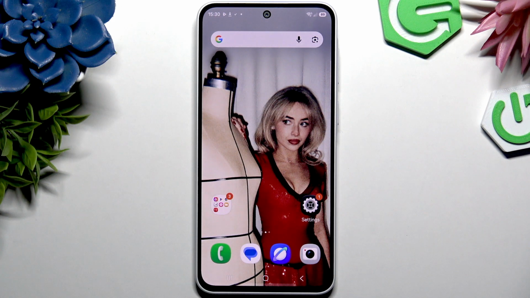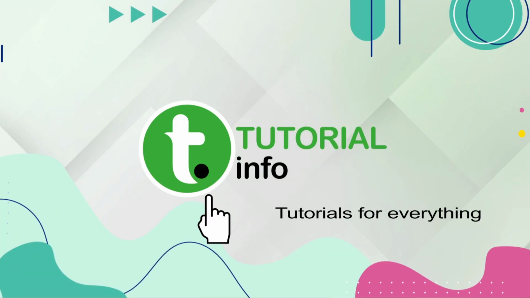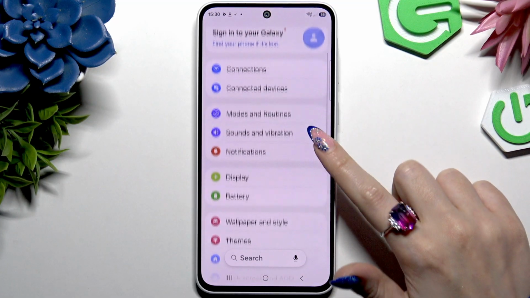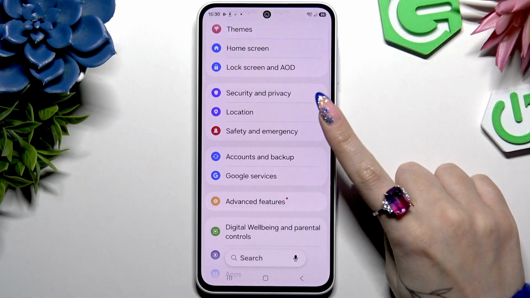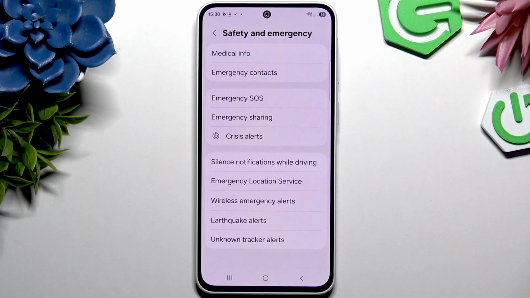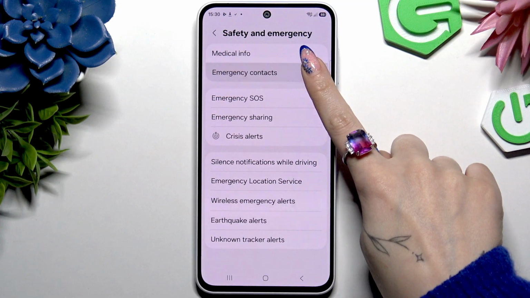In front of me is Samsung Galaxy A37 and today I would like to show you how you can add emergency numbers. First of all, go into settings and scroll to click on safety and emergency. Now, click on emergency contacts